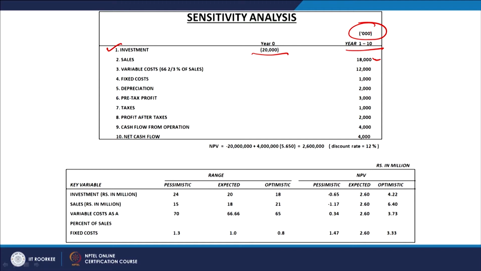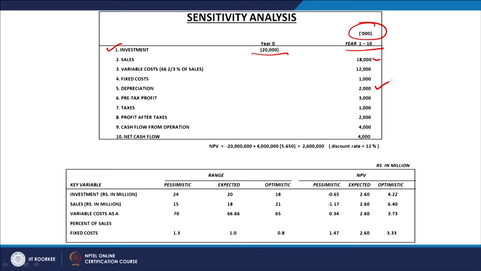Similarly, if you talk about the variable cost, it is 2/3 of the sales, which is going to be 1.2 crores. Similarly, the fixed cost is expected to be 1 million rupees. Then for the depreciation, we are going to follow the straight line method, the fixed installment method, and we have calculated the depreciation here, which is